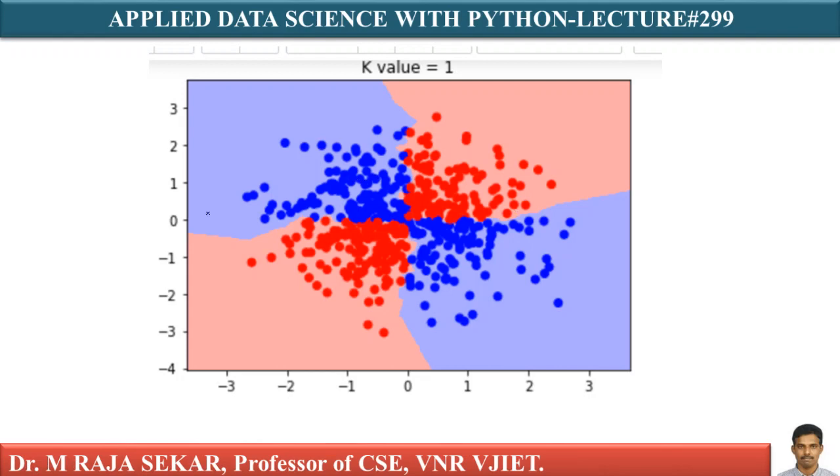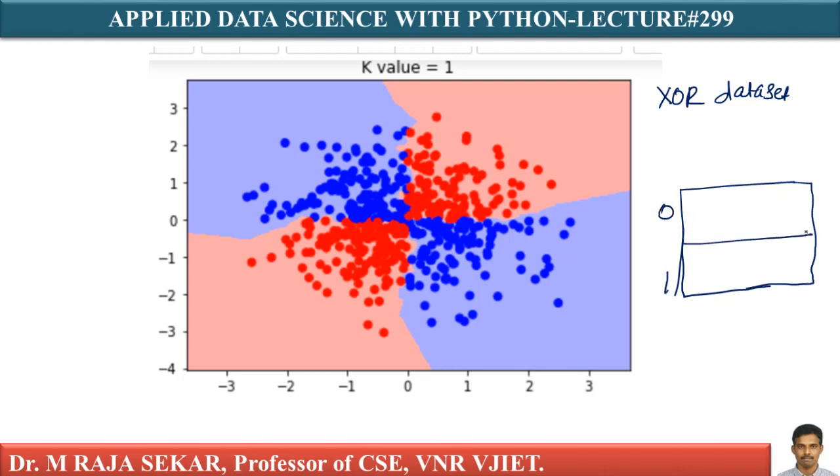Now, this data set is called the XOR data set. Why is it called the XOR data set? Because of how XOR looks. Just try to recall XOR. Let me write like this: this is 0, this is 1, and again this is 0, this is 1. What is your XOR gate? Same symbols give 0, opposite symbols give 1: 0 1 1, 1 0 1, 1 1 0. This is the XOR gate, isn't it?